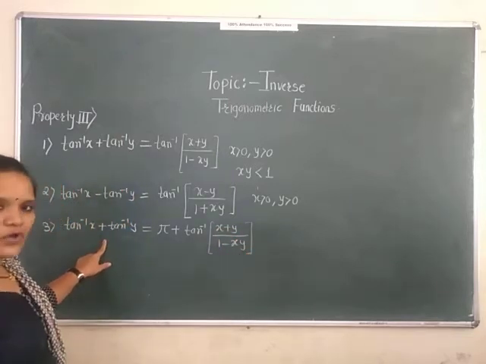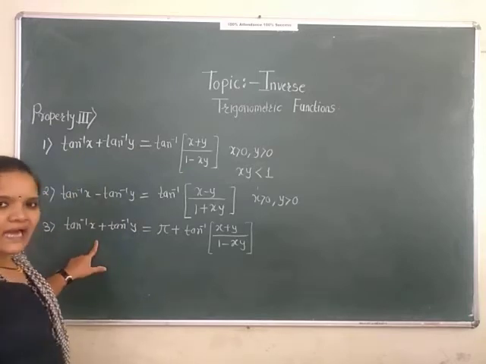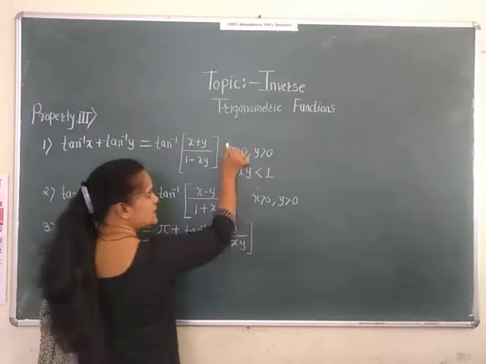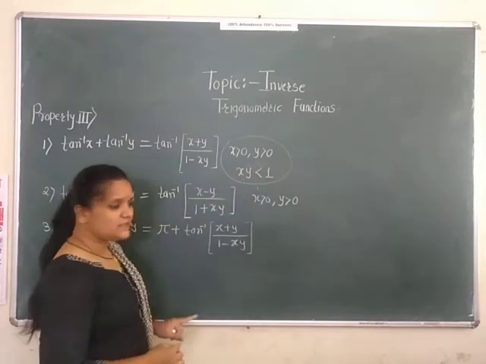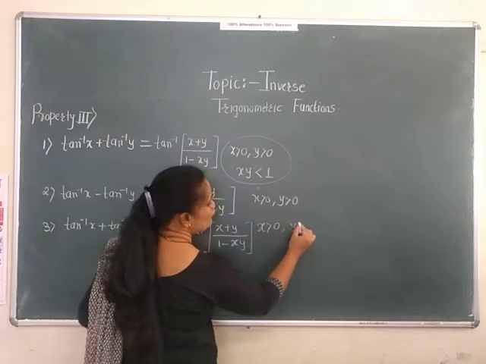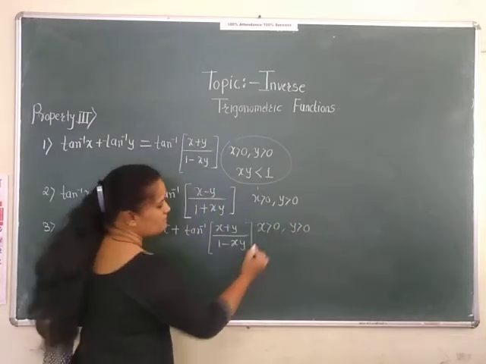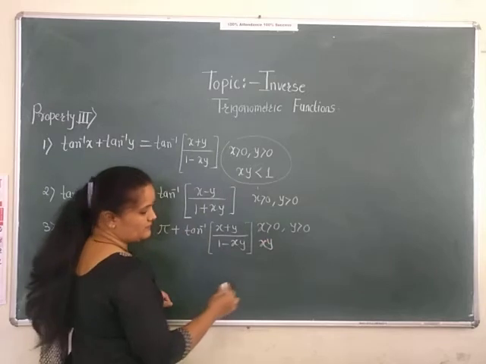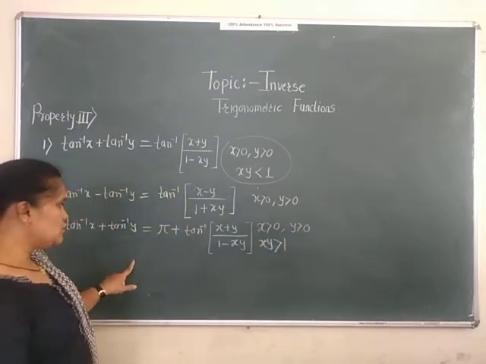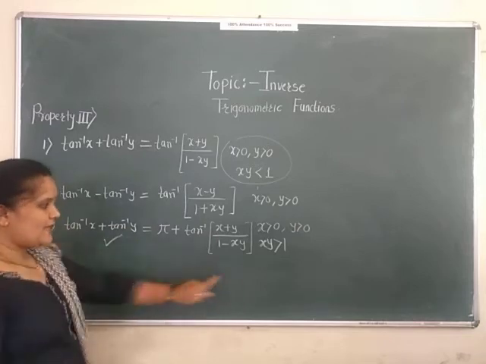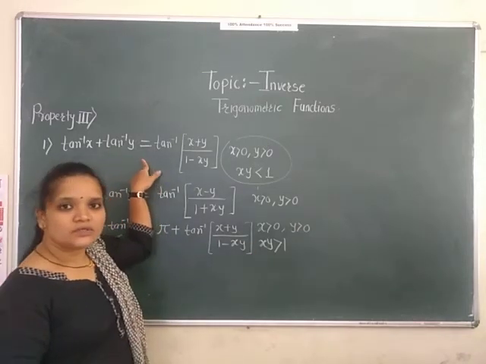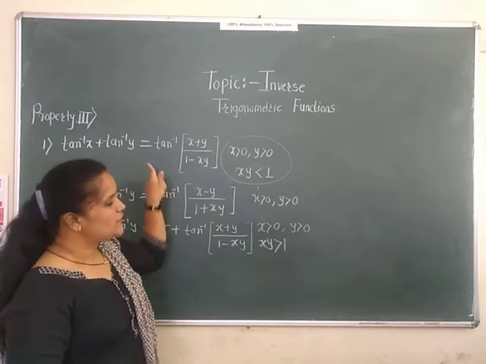Now here if we observe, these two formula are for similar terms, but here what happens, this condition varies. Here x is greater than 0, y is greater than 0, but x और y का जो मल्टीप्लिकेशन है वो अगर greater than 1 है, then we will use this formula. और x and y का मल्टीप्लिकेशन अगर less than 1 रहा, then you should use this one formula. So write down this.